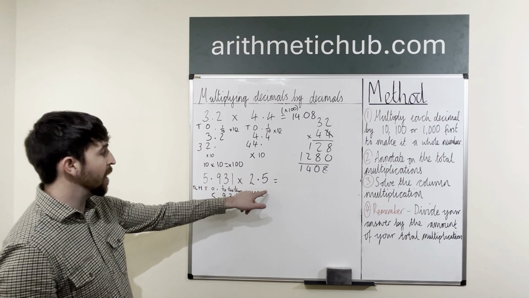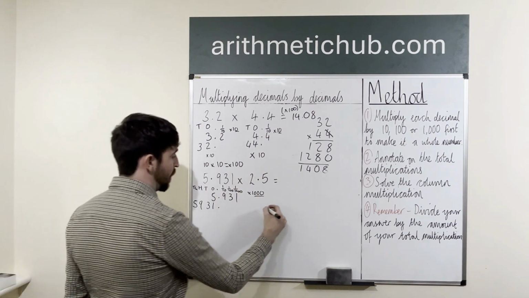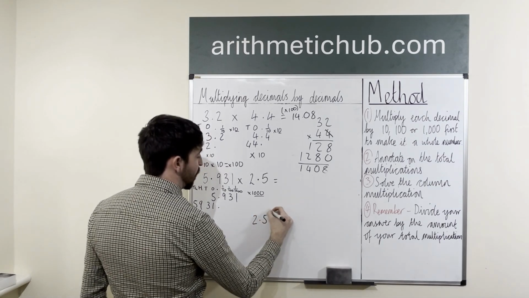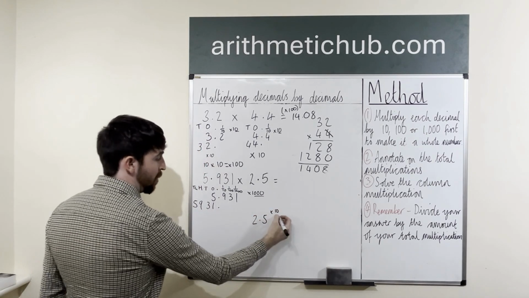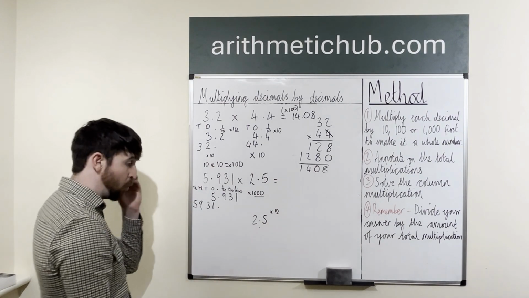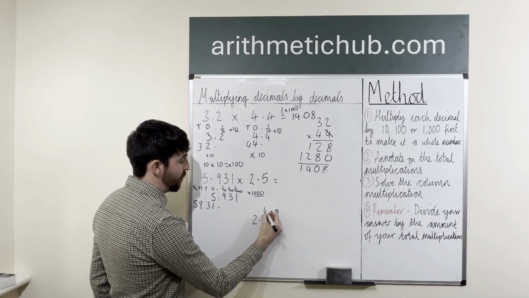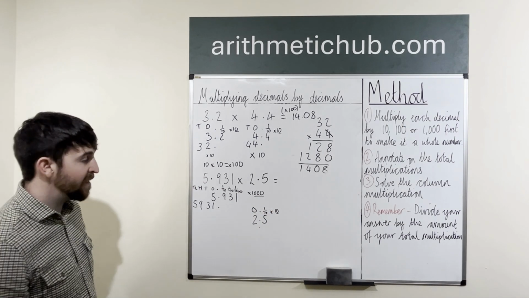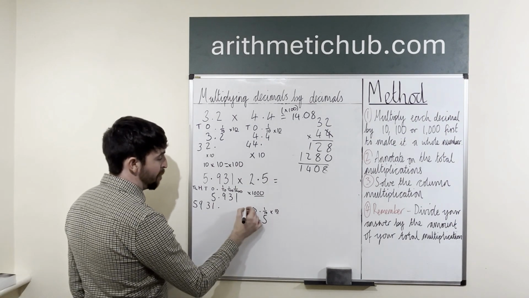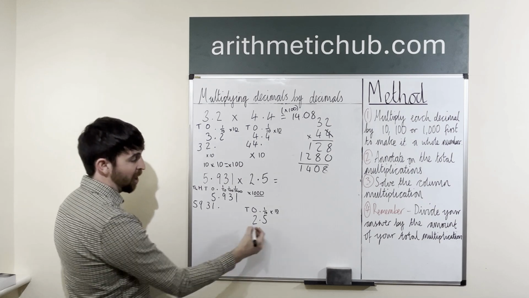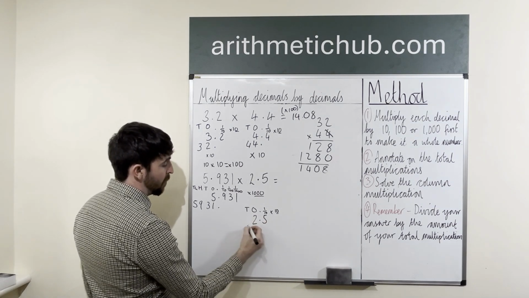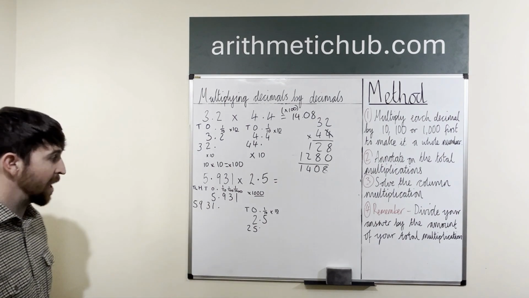I'm going to do the same with my 2.5 here. But here I'm just going to multiply it by 10, aren't I? 1 zero in the question, so I'm going to move it 1 place. I've got my tenths, my decimal point, and my ones. I'm moving it to the left because the multiplication is getting bigger, so I'm going to need a tens column as well. Drop my 5 down, move it 1 place. Drop my 2 down, move it 1 place. Now I've got the calculation,